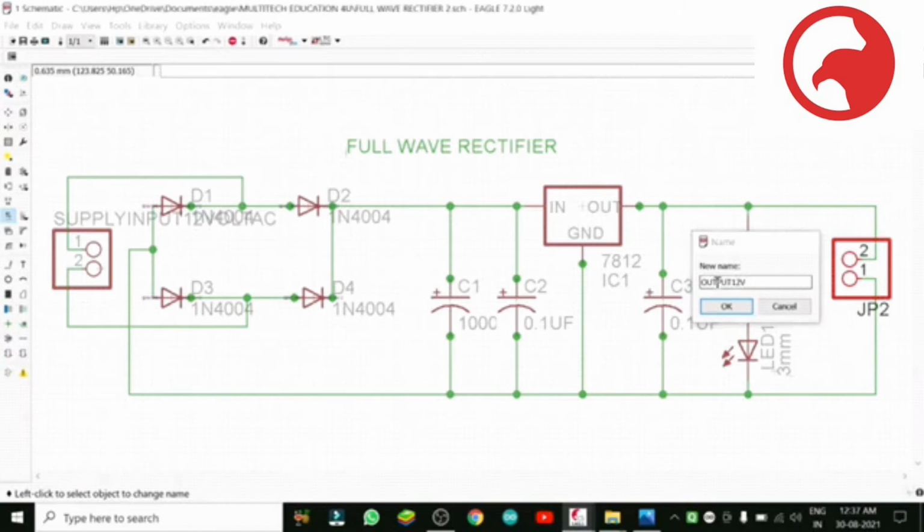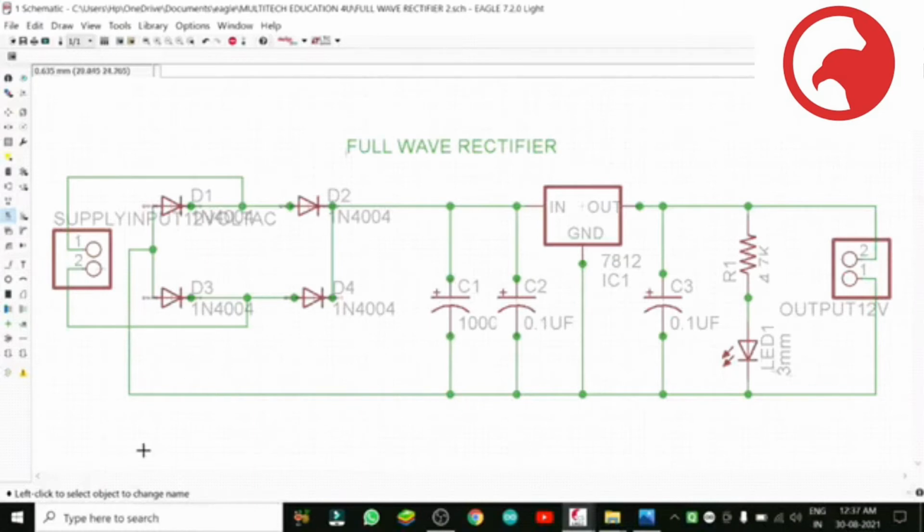So we will get the DC 12 volt from here. This will remain the same. Let it be like that, and let us check. This is okay.